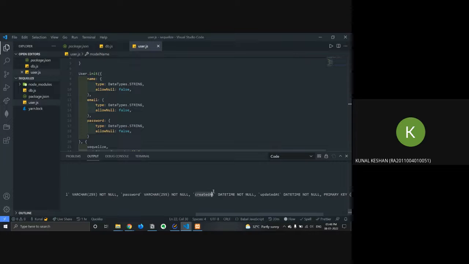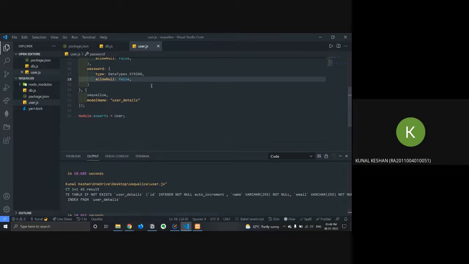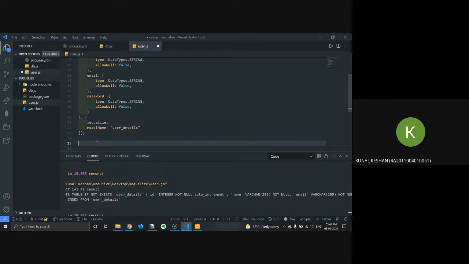So we had planned for user registered at and logged in. We can just rename these columns and use them there. Next, after creating my connection, I want to create a new user. How do I do that?